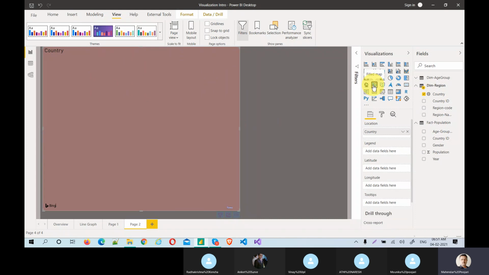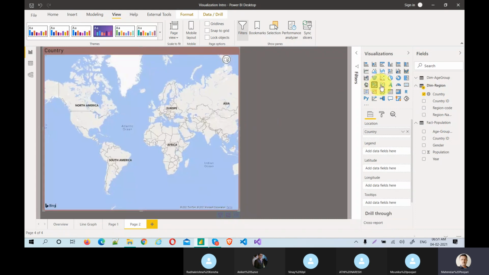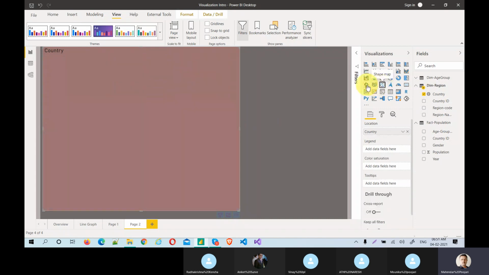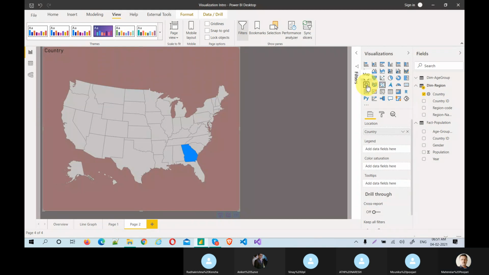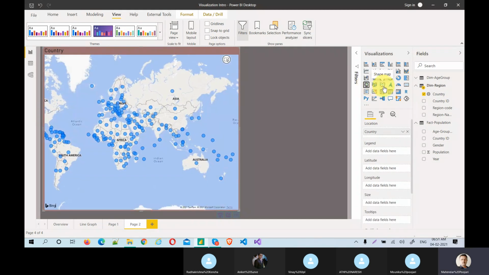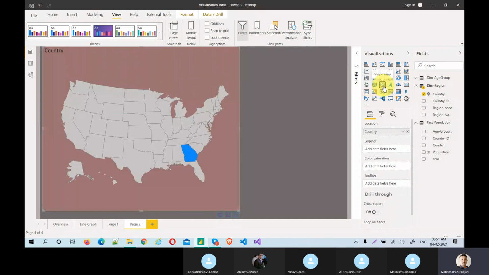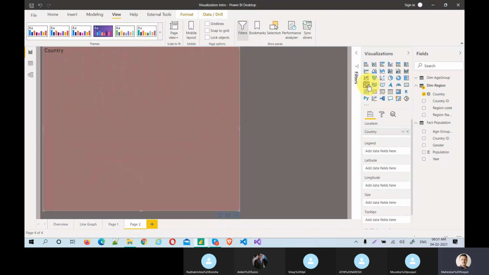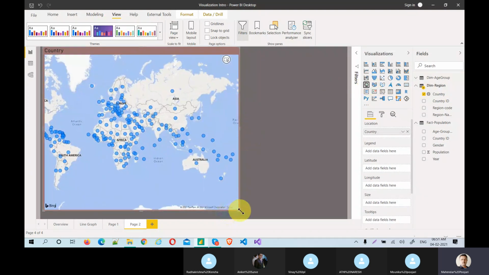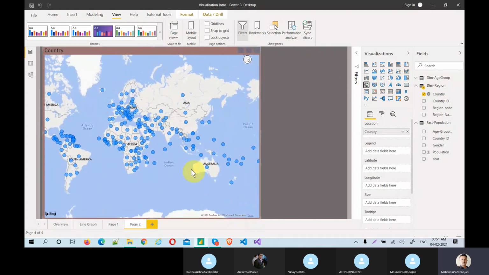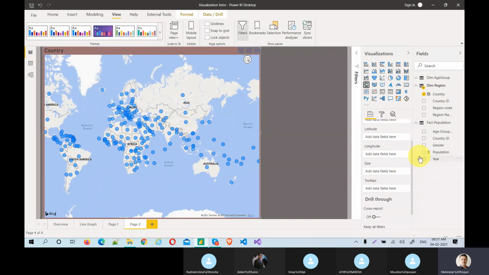There are three types of maps, and you can play with them. This is a Bing map, so it will give you across the world. Wherever there is a country available in that column, those will be highlighted. But here you can highlight based on the size also. Let's say you are checking the